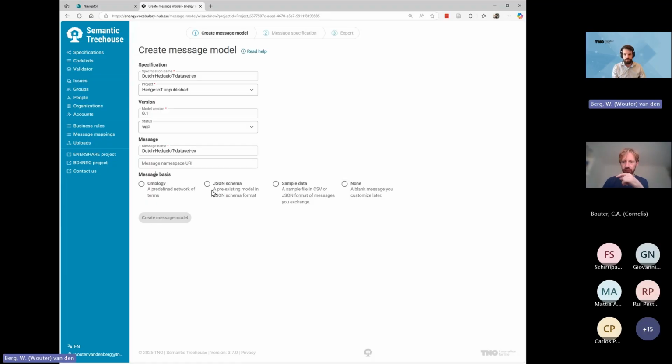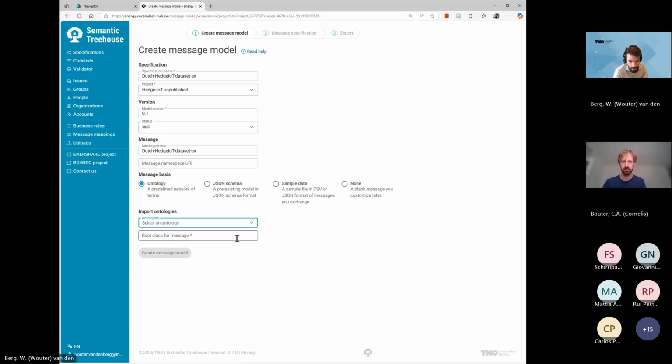But like you said, if you have a pre-existing model in JSON schema format, for example, you can put that in here too, or link to that. Or if you even have an RDF vocabulary or multiple RDF vocabularies, you can add them here as well. And it allows you to pick a root class from those set of ontologies, and you can create your model of your application or your data set from there. Before I show you